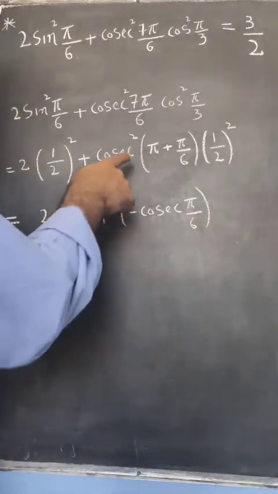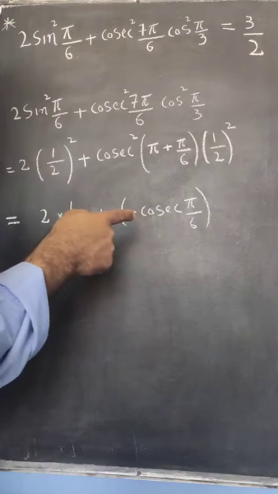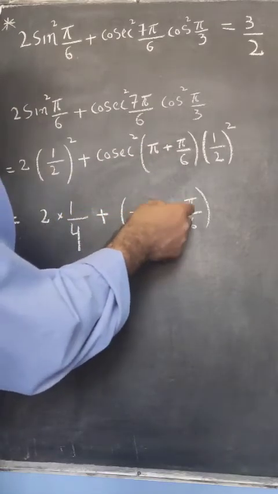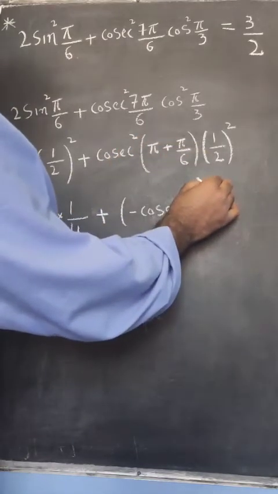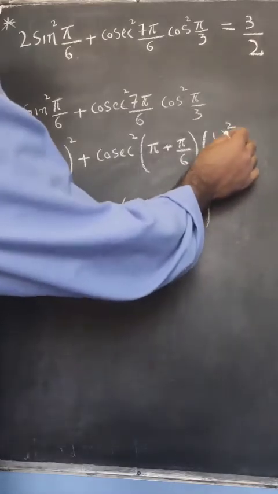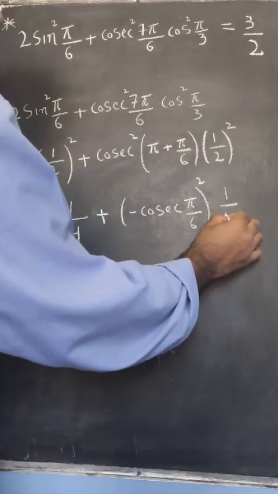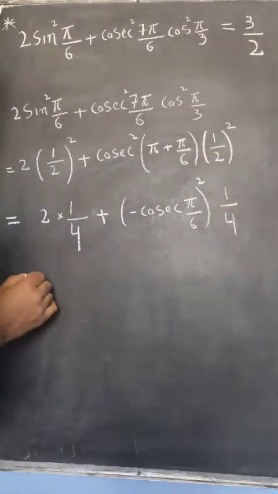As we know, cosecant pi plus theta is minus cosecant of theta, but here we have square, so put square here. Then it is 1 by 2 square, that becomes 1 by 4,